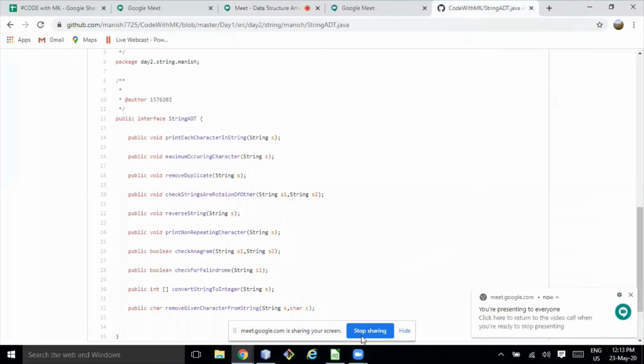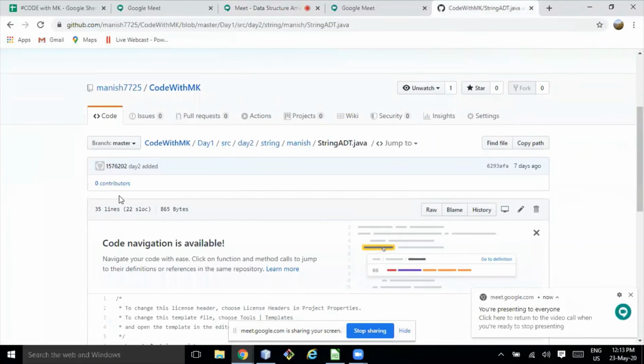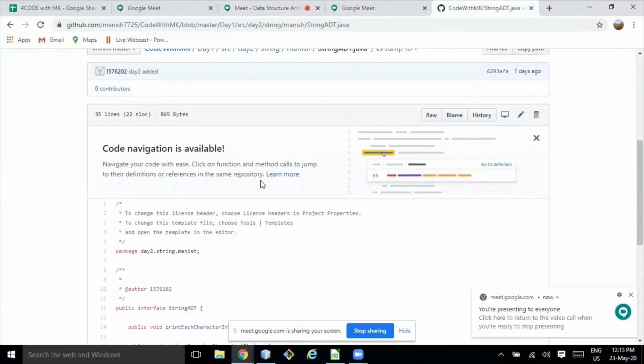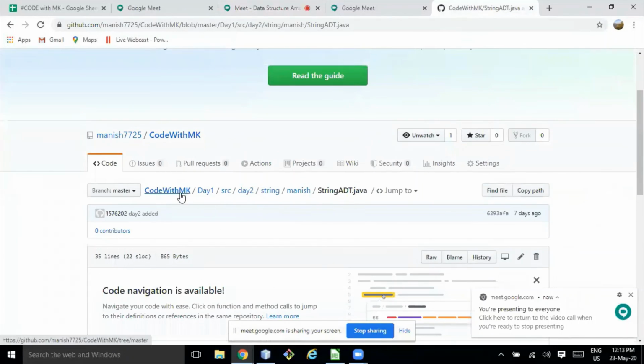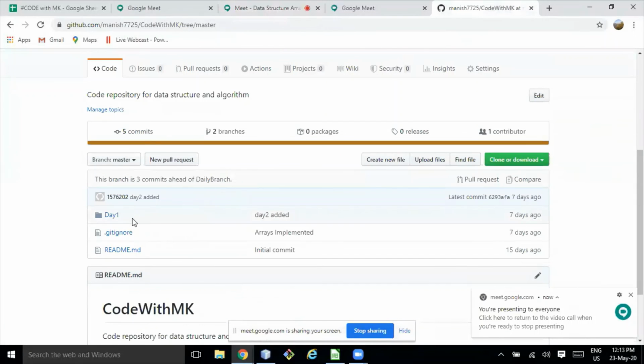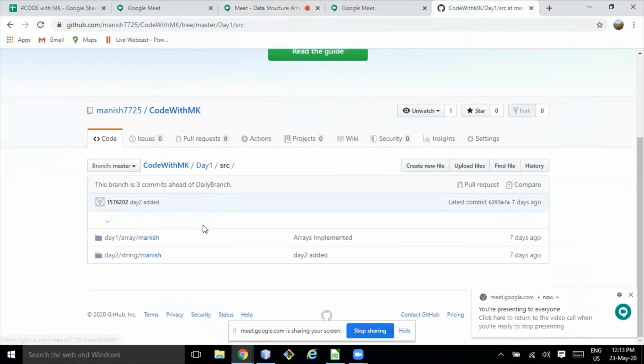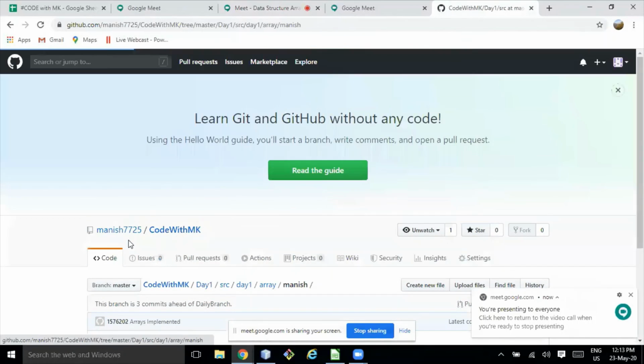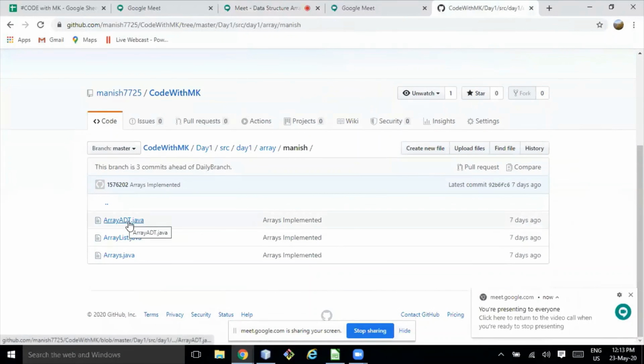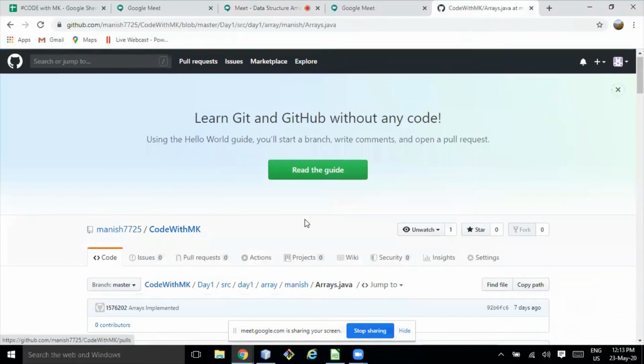I already shared this. Okay, let me share my screen. You are able to see, right? So go to this repository. Here I have covered strings and arrays. If you go to source, here you can see day one: array ADT, array list, array. Here I have implemented this array ADT, the way I am implementing the string.